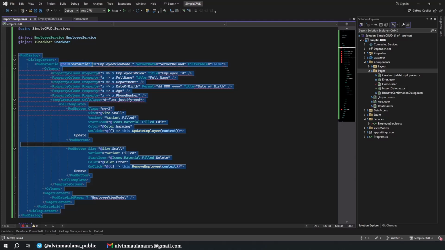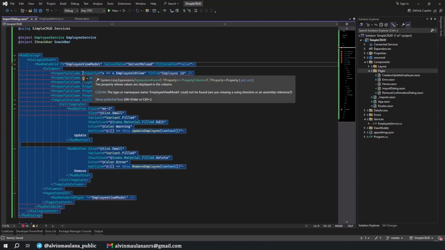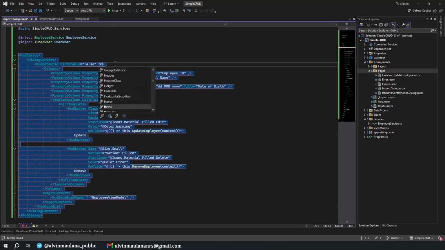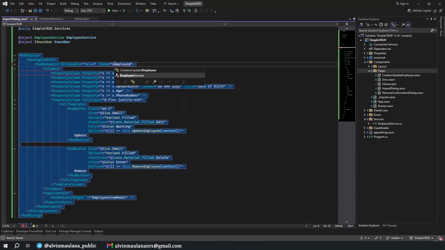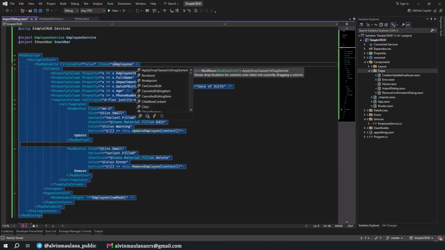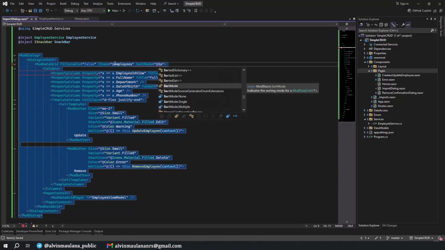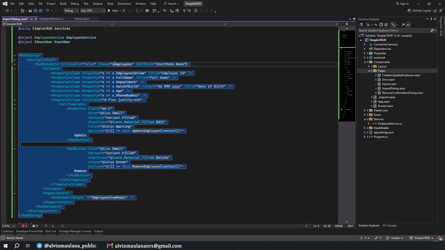This reference should be no need. Okay, this one should be no need. First label is false. The items come from employees, later we define it. Sort mode, we will disable it. Sort mode none, and then groupable is none also.